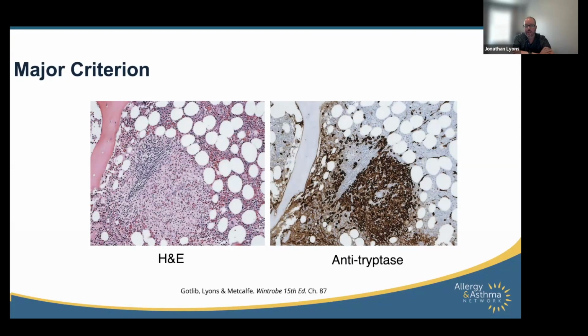So sometimes these can be missed. But this is an example of mastocytosis in a patient. And so here you can see this was a bone marrow biopsy. And I think you can see on the left with the H&E stain. So that's a standard hematoxylin eosin stain, excuse me. So this is kind of the basic laboratory staining technique that they do for basically any first pass.